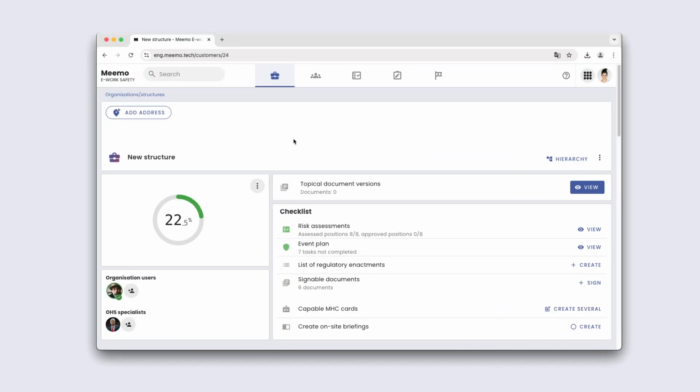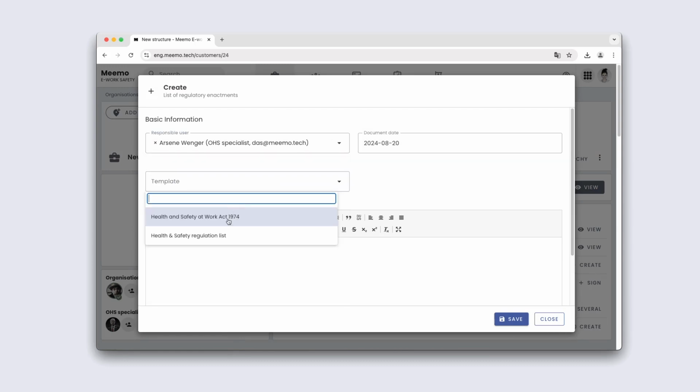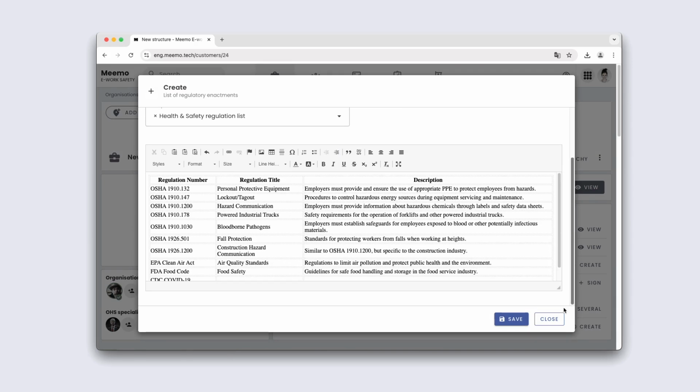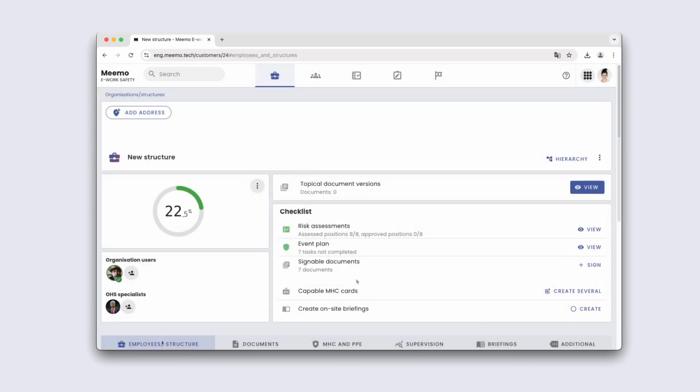To create a list of regulations, go to the checklist. Click here to create a new list. Choose the responsible user if it is not yourself. Then select either the ready-made regulations from templates or manually enter everything, or use the copy-paste method in this text editor. Click Save, and you will see that the task automatically disappears from the list, as it has been moved